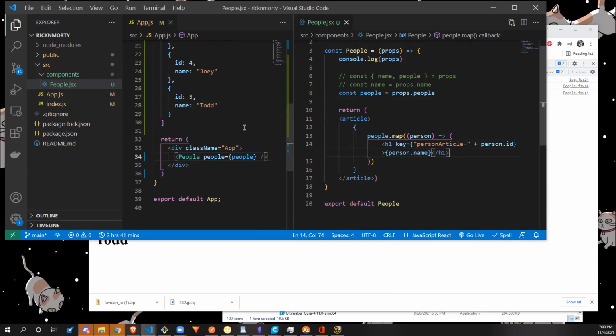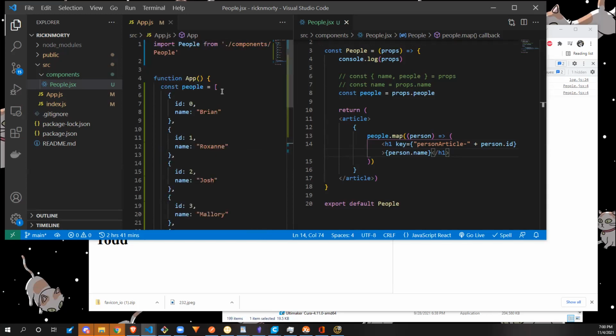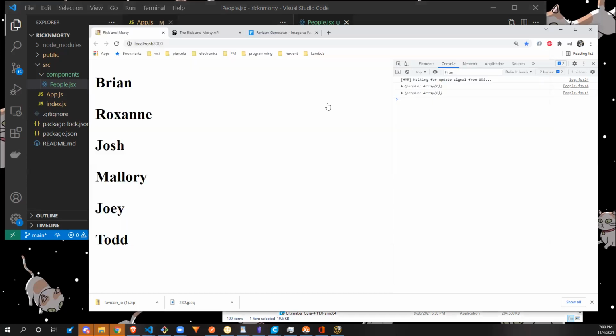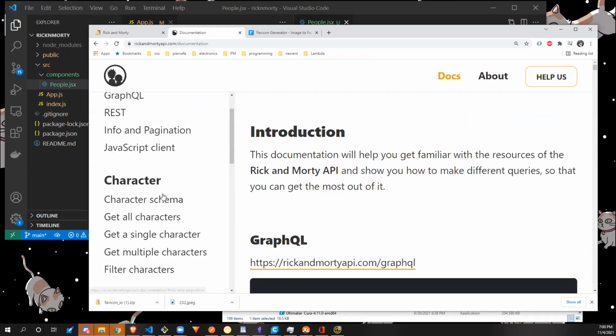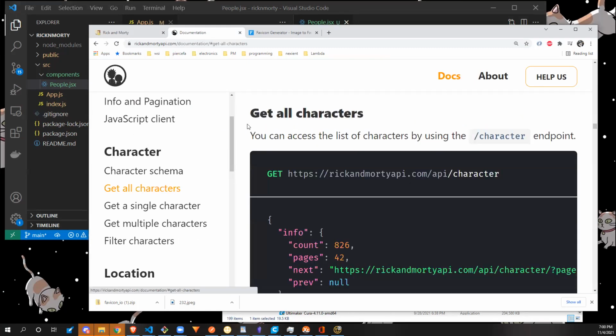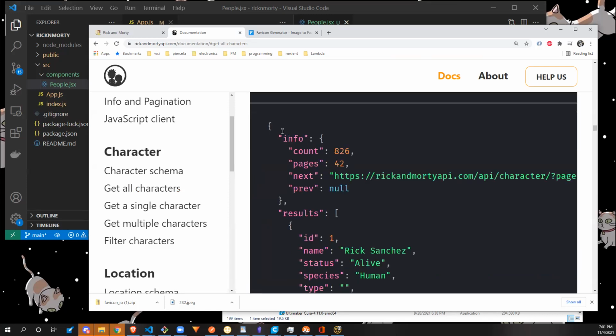So this actually goes directly into something else. If we wanted to make another component called person, that way we've got this H1 in there. That's the next step to doing what I'm going to be doing with this Rick and Morty thing. So what we're going to do is loop over their character list. If I check out their get all characters, all we need to do is go to this address using Axios, and it'll give us